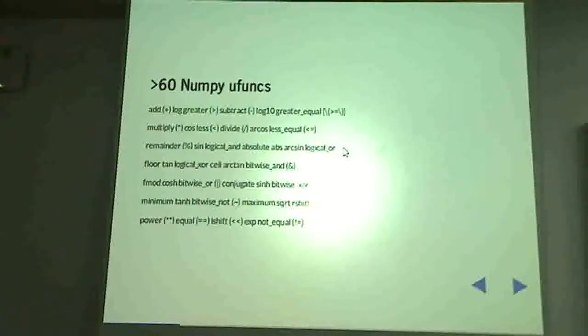So now, what kind of operations can you do in NumPy? This concept of taking two NumPy arrays and having some kind of operator in between them to do an operation is called a universal function, because it's a function that operates universally, in the sense that it operates on every element of the corresponding arrays. If you are doing an addition, it will add the corresponding elements of the two arrays. Like this, there are more than 60 operations that you can perform, and they are all listed here.